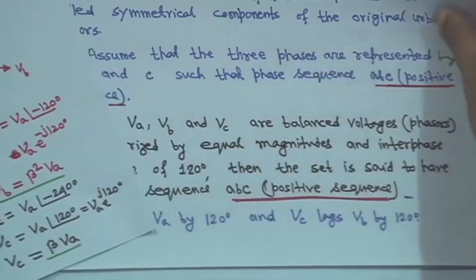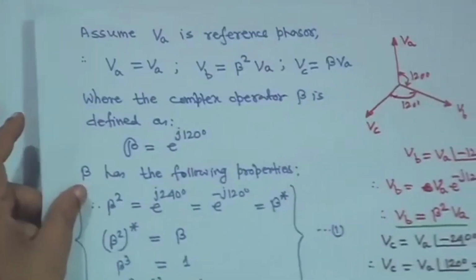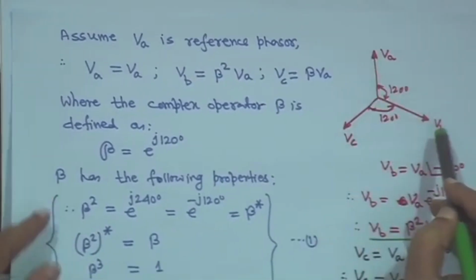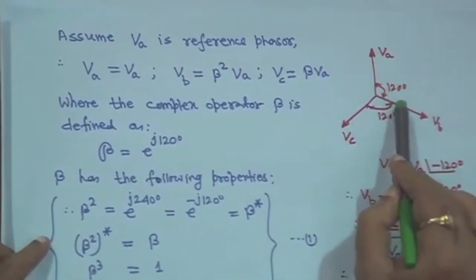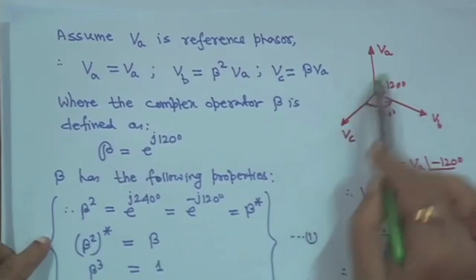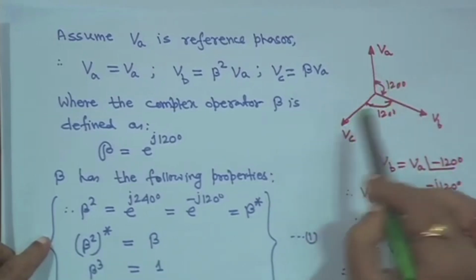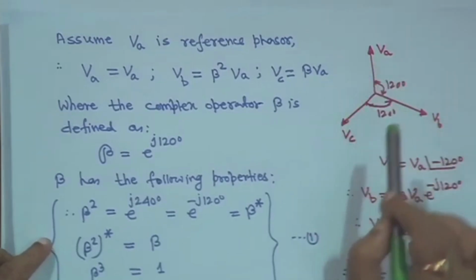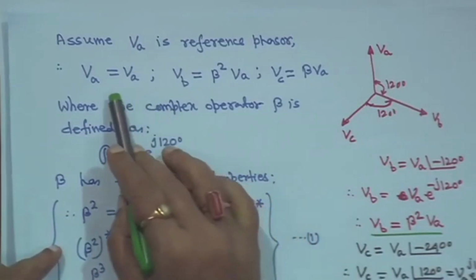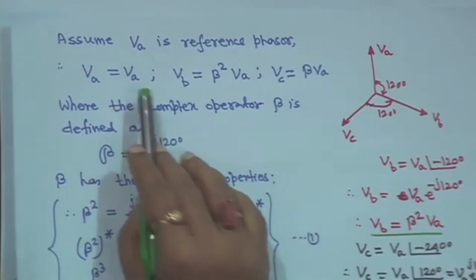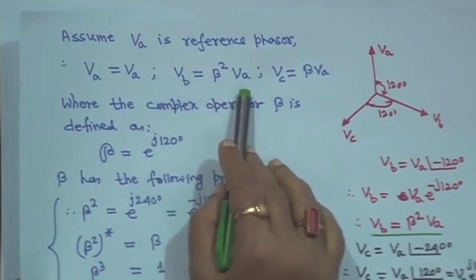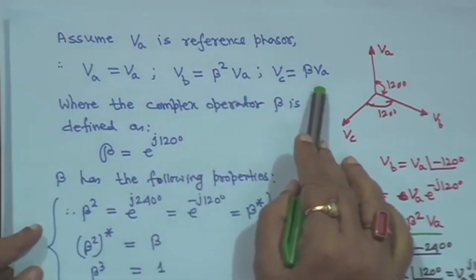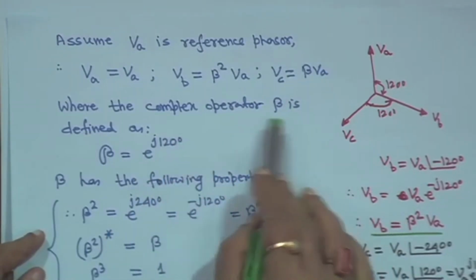Assume VA is the reference phasor. So, VB lags VA by 120 degrees and VC lags VA by 240 degrees, or otherwise VC leads VA by 120 degrees. If we define it like this, VA is equal to VA, the reference phasor, VB is equal to beta square VA, and VC is equal to beta VA, where the complex operator beta